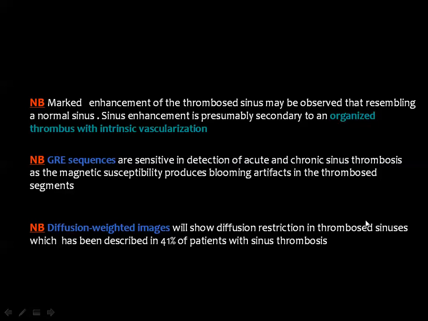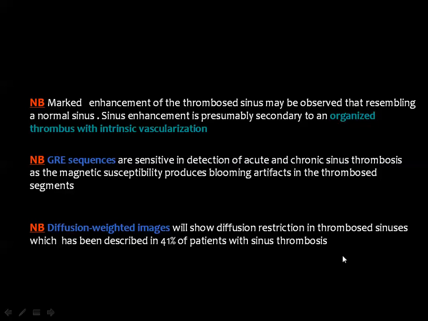Then marked enhancement of the thrombosed sinus may be observed, resembling a normal sinus, and this enhancement is likely to be secondary to organized thrombus with intrinsic vascularization. So if you have an MR study of the brain and you inject contrast material, the thrombus may enhance and you may get a false impression that the sinus is patent. Then the only way to appreciate the presence of the thrombus is the MR venogram, which will show no flow